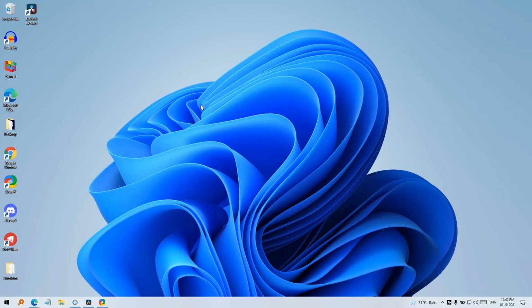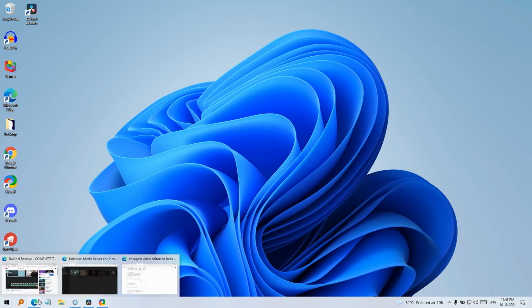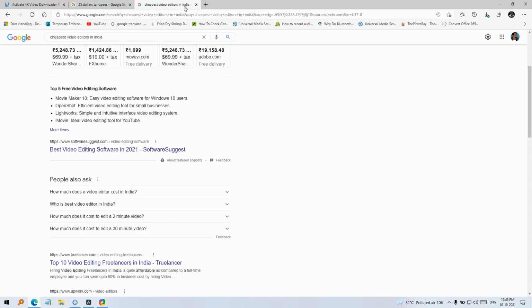Today we'll be looking at how to set up your own media server using your personal laptop, or any other laptop lying around, as your multimedia server like Netflix or Amazon Prime. You can use this to stream your content if you have a lot of content lying around, like on your external drive or so. To set this up, you will need a program called the Universal Media Server, which is freely available.